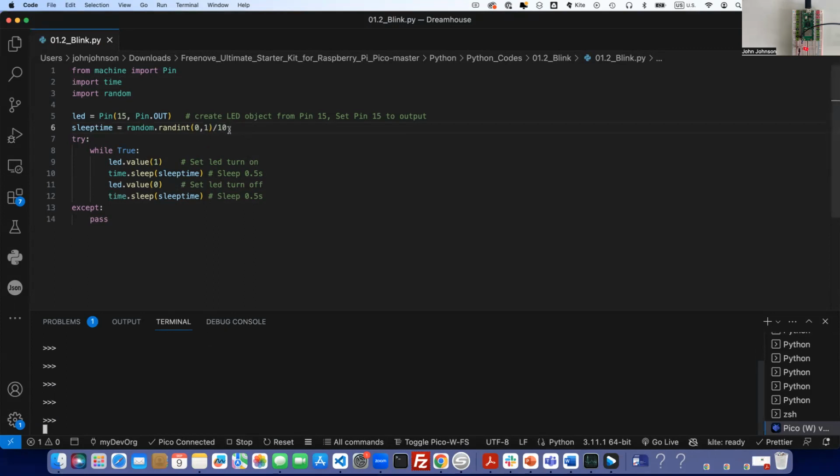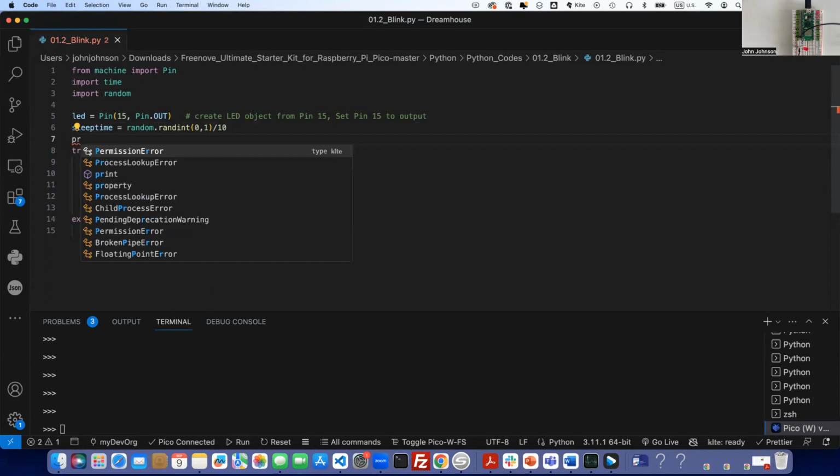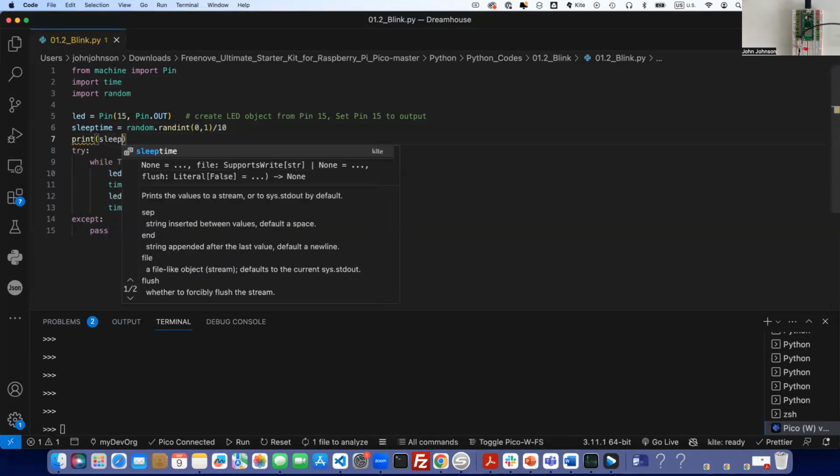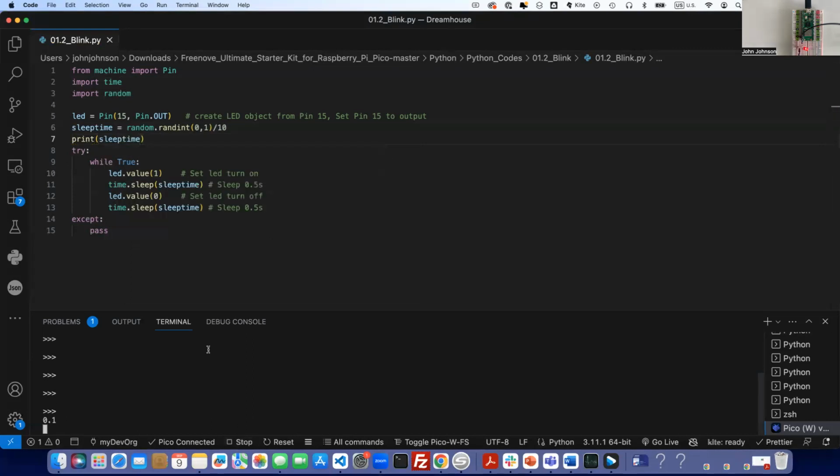Oops, I'm not getting what I expected. So I'm going to stop here real quick. I'm going to do a print of sleep time, just to see what my values are here. And I'm getting 0.1 as the amount of time that's going through there. But the problem is, of course, that I have put this outside of my